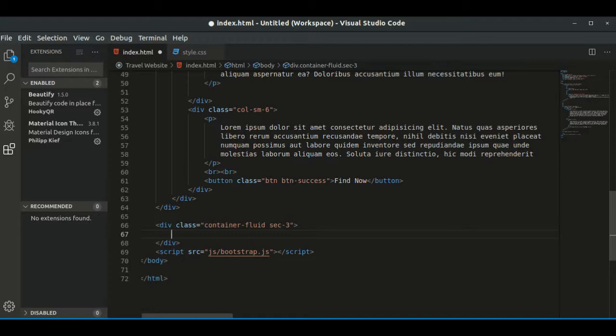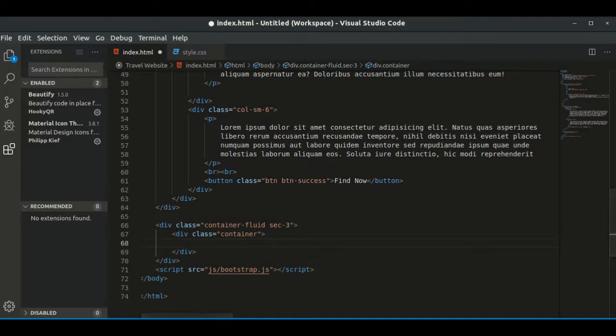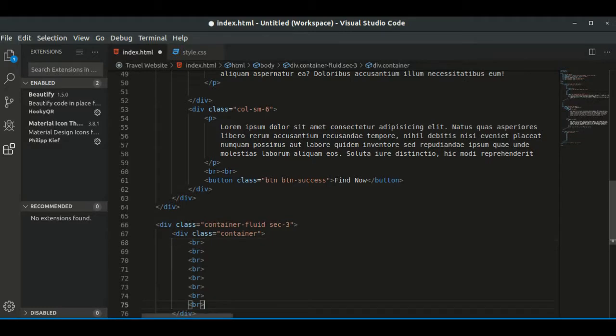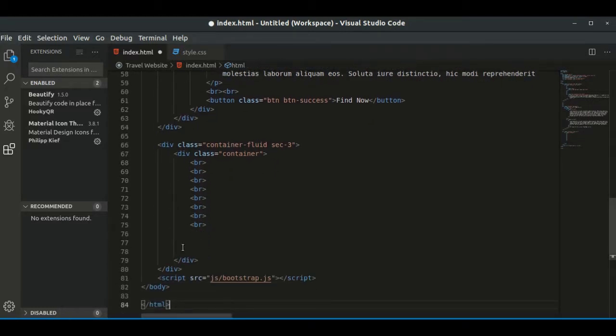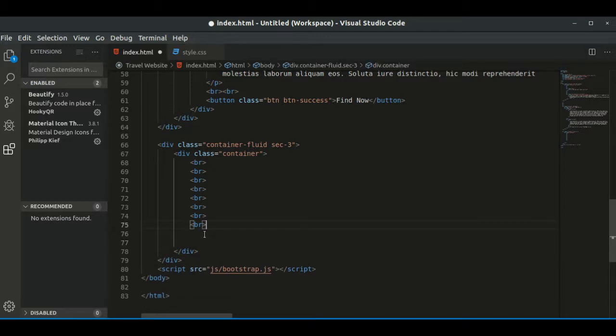That is why we are adding this class. Let's add a container. Add some line breaks. I will add 8 line breaks. Okay,